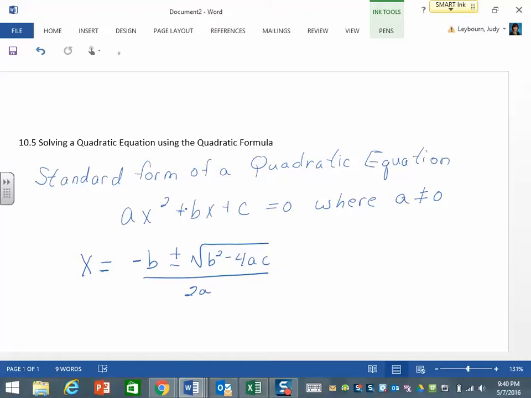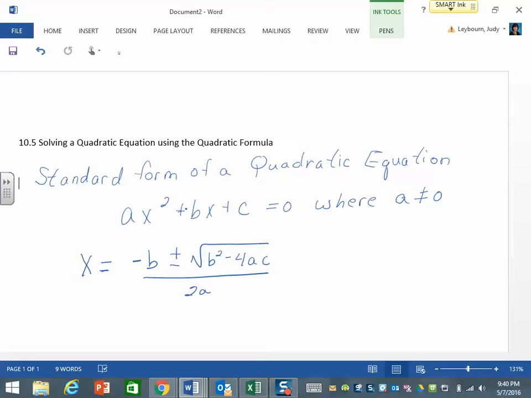To graph the equation, the y-intercepts may be very difficult to determine. So this formula will always work for us in any of those situations,